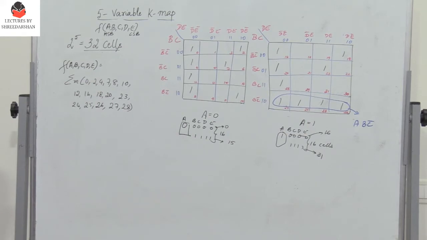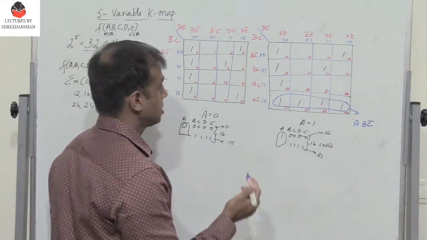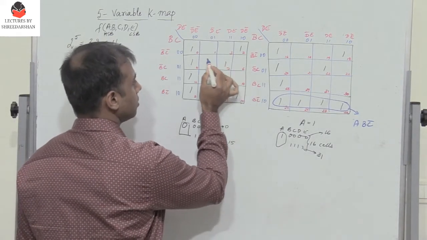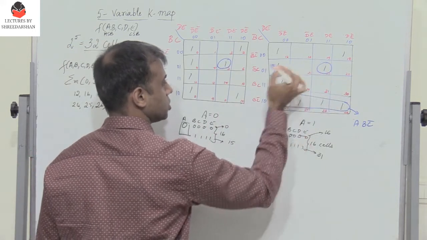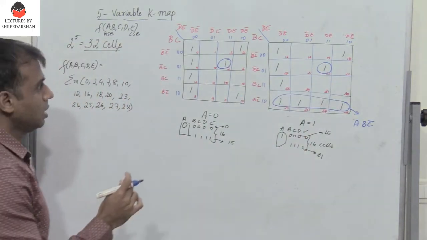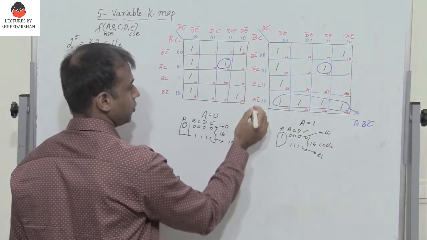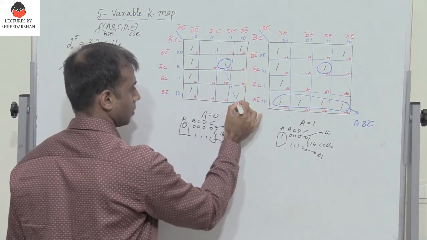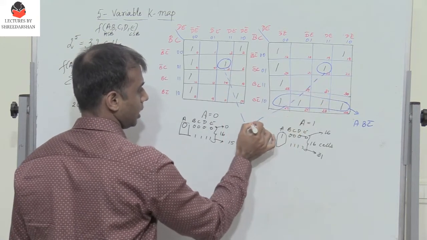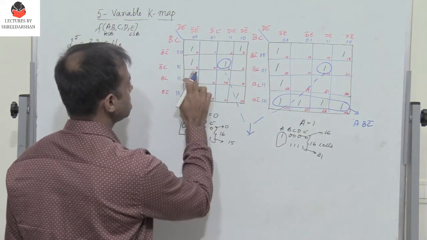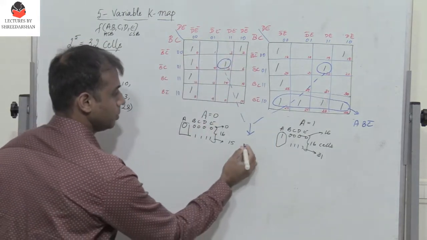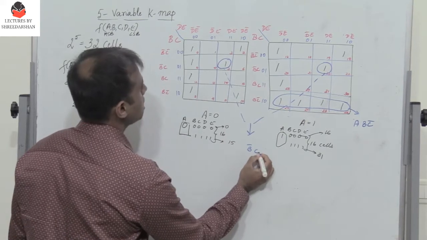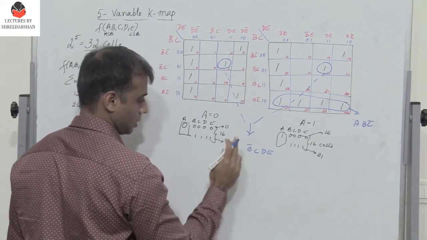Now let's come back to another scenario where I have overlapping ones. Here, this 1 and this 1 are in the same position. Now let me write the expression for these two. So what do I get? For this one, the values of B, C, D, E remain the same, isn't it? So it would be B bar, C, D, E for this one.